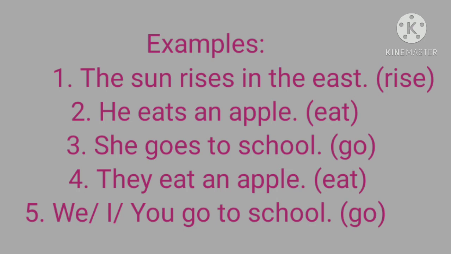So see these examples. The first one, the sun rises in the east. Your verb is rise. So when we write it in the simple present, we see the subject, that is the sun. Here the sun is singular. So here how does the verb agree? We need to add an s after rise in this verb. So the sun rises in the east. So here the verb is agreeing with the subject. When the subject is singular, we need to add an s to the verb.